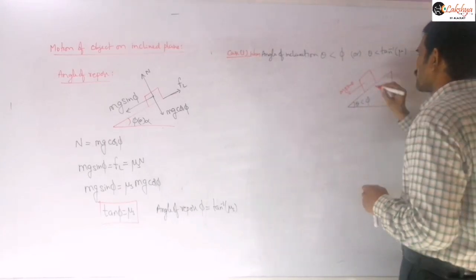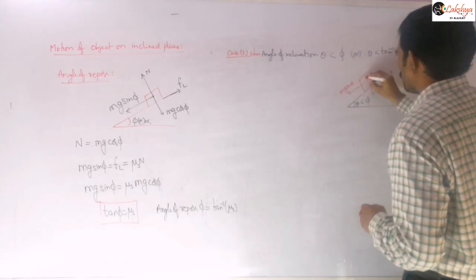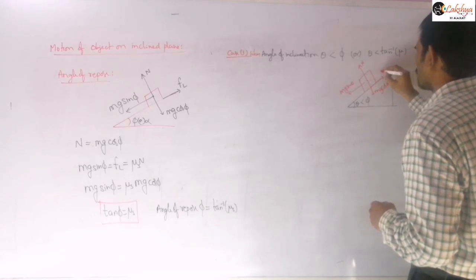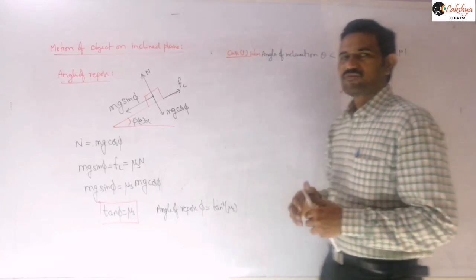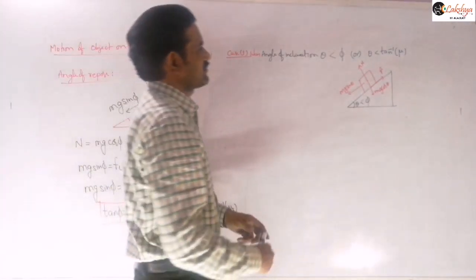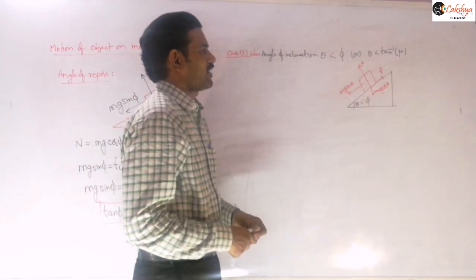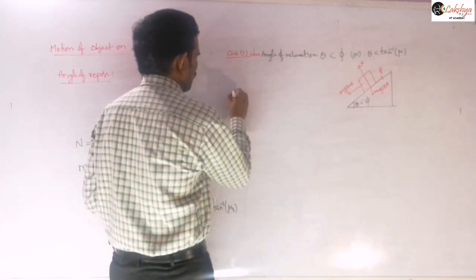Then what we need to write here is mg cos theta, and this is the normal reaction. And this will be the frictional force acting here. The frictional force will act along this direction. So just to mention, the block will remain in equilibrium under that condition. If the angle of inclination is less than phi, then the block will remain in equilibrium, and the frictional force acting on the block is